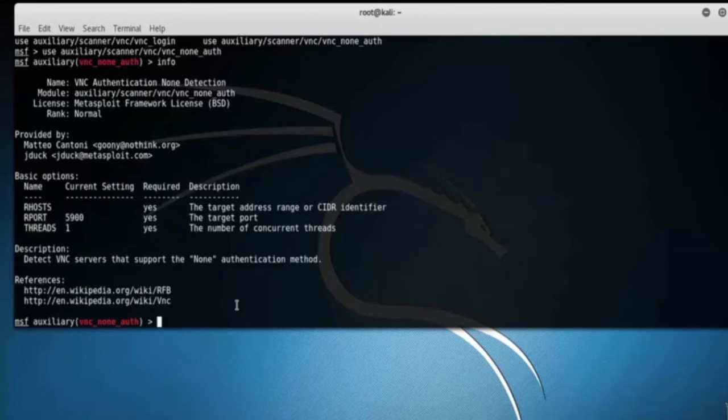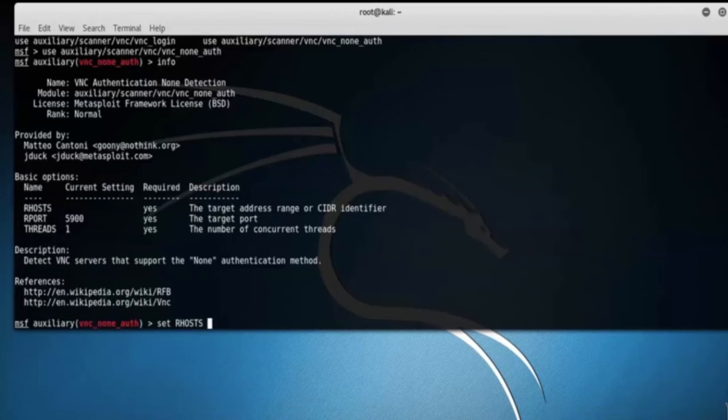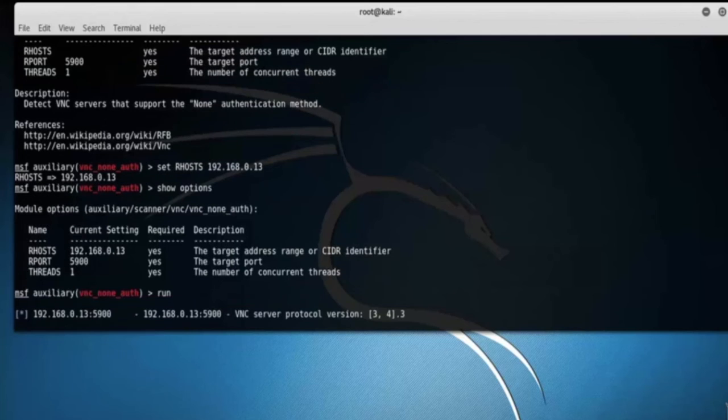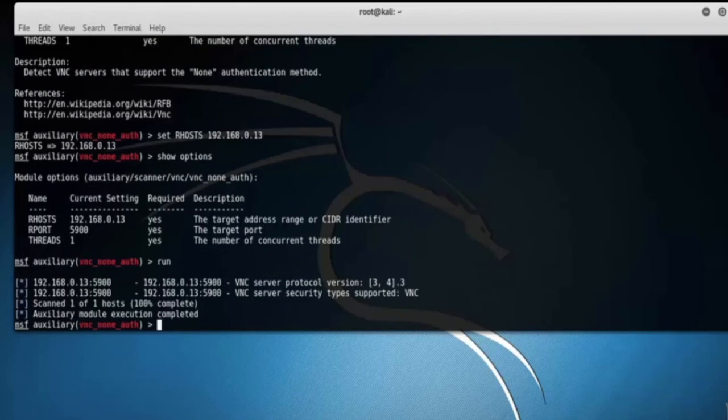Set remote host as 192.168.0.13. Type set RHOSTS 192.168.0.13. Our RHOSTS is set. Let's execute it. Here you can see in our scan result, we see that none of our targets has wide